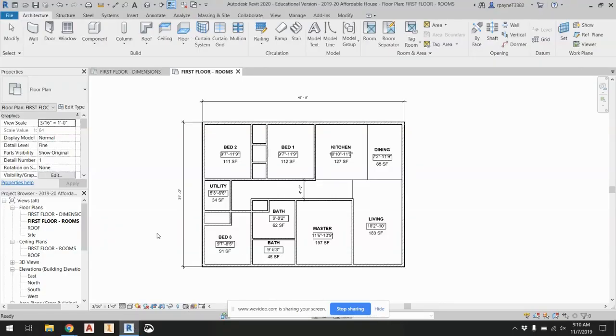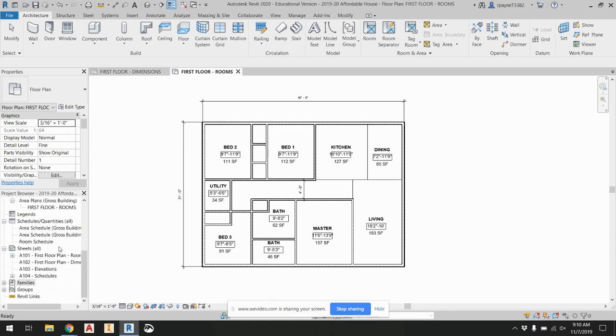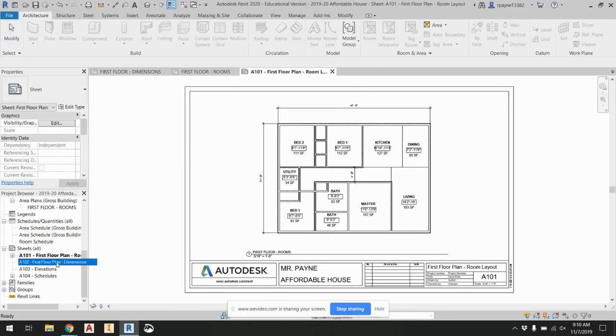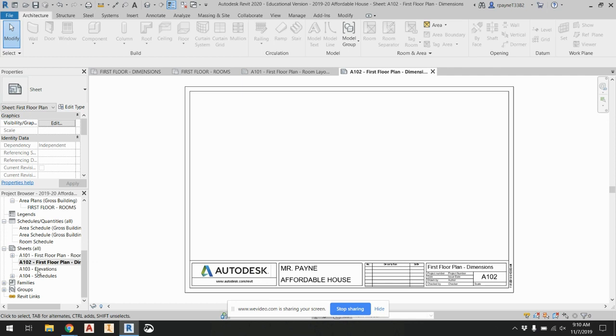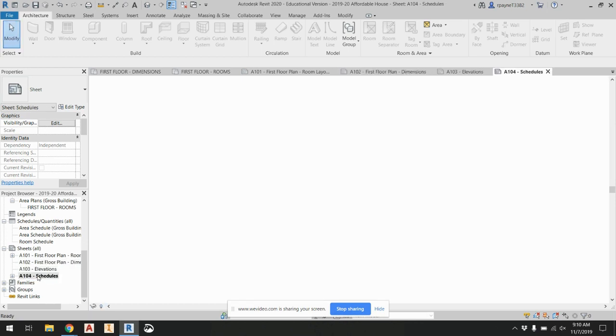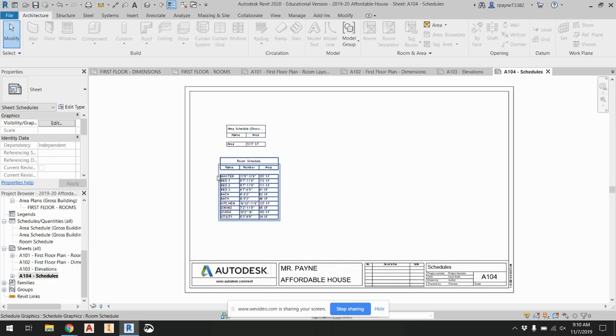At this point, we have worked on our floor plan where we have identified rooms and dimensions. We've also set up our whole set of sheets so far. So we have a first floor plan with room layout, our dimensions that doesn't have anything, our elevations, again, doesn't have anything, our schedules that has total area and room